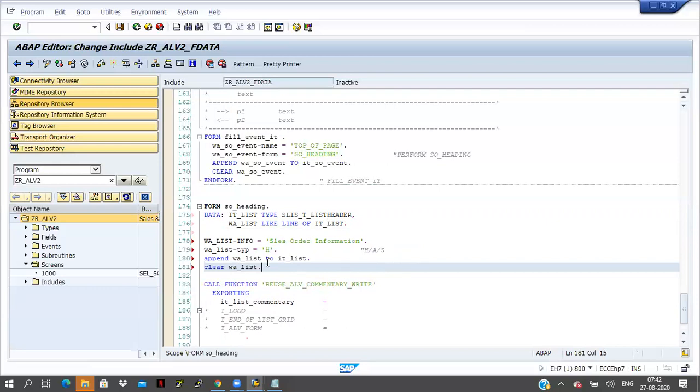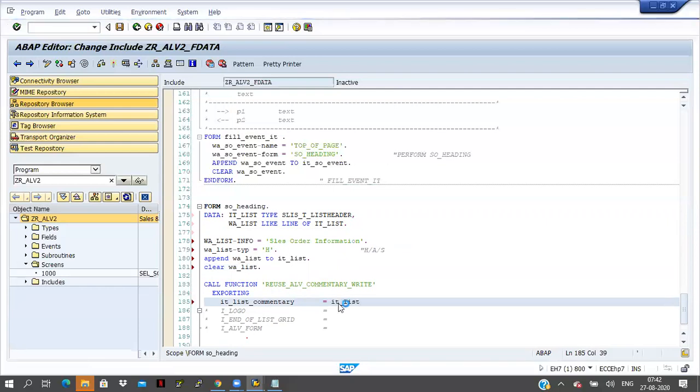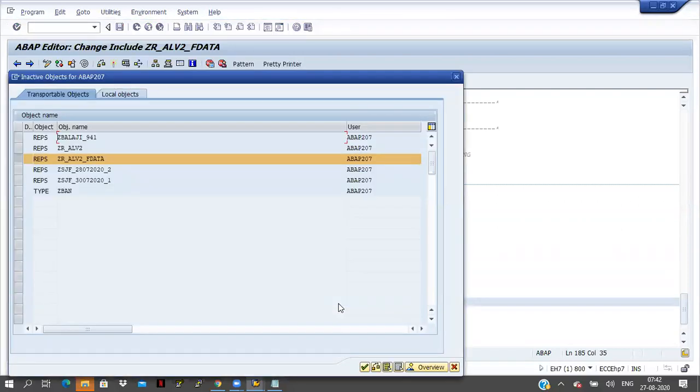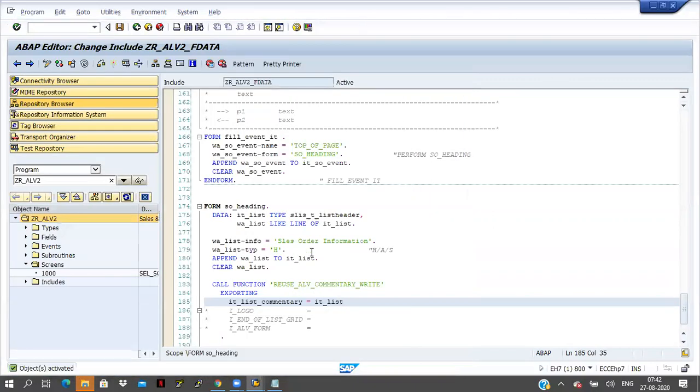After that, append work area list to IT_list and clear work area list. Now I am filling the internal table IT_list, so I will pass this one here, IT_list. Save it, check it, activate it. That's it.